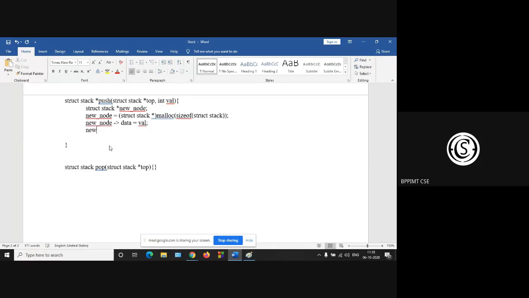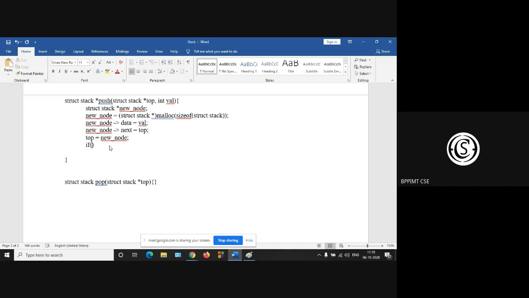So new node next is equal to top, and top is equal to new node.